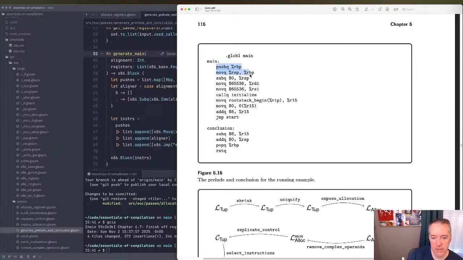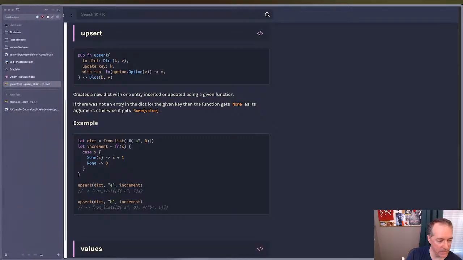Okay, so they're handling the stack alignment and the caller save callee save registers. Then they're saying this is how big the two stacks or the two heaps should be, because RDI is the first argument to initialize, RSI is the second argument. And if we go look at the supporting C code, which I have linked up here,